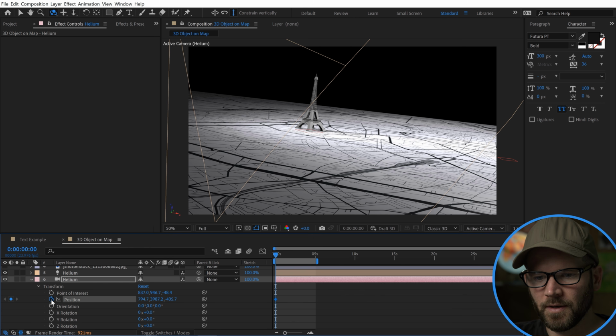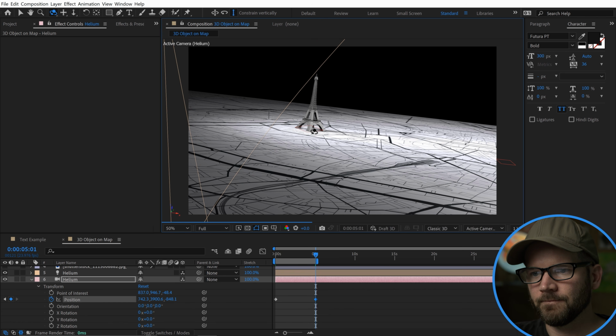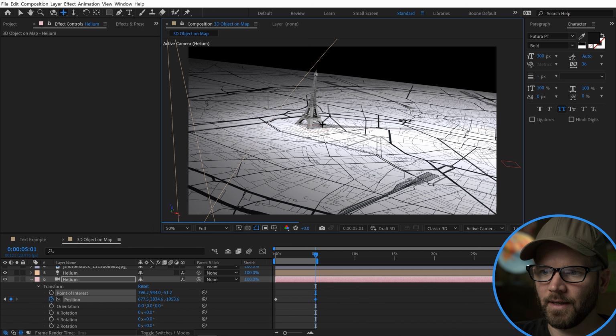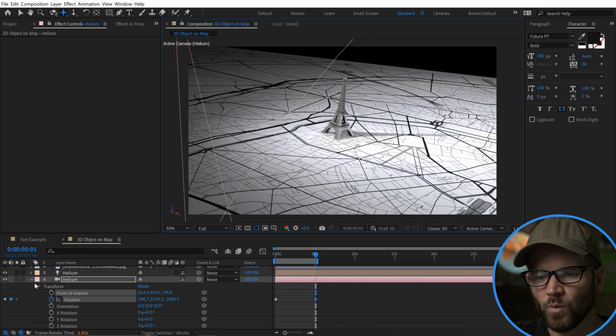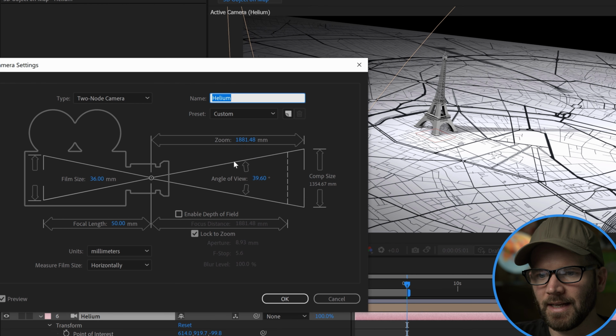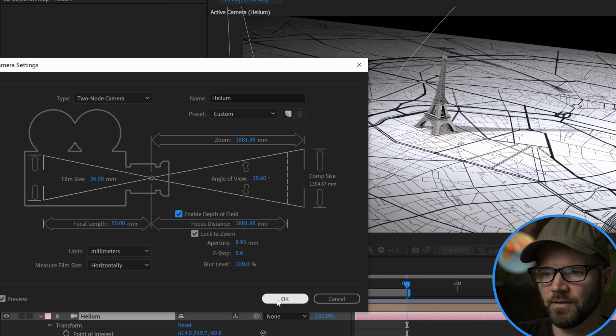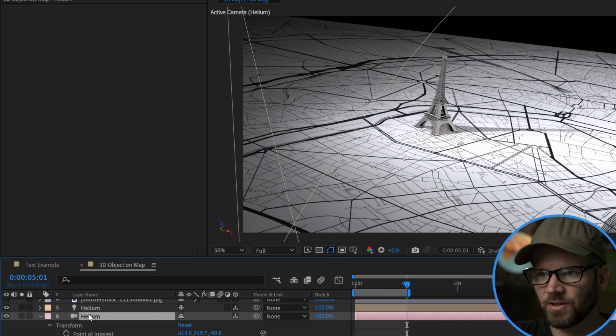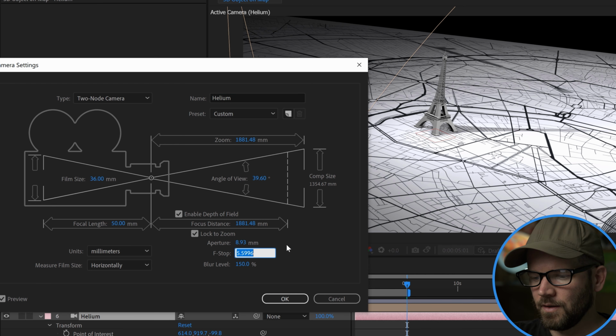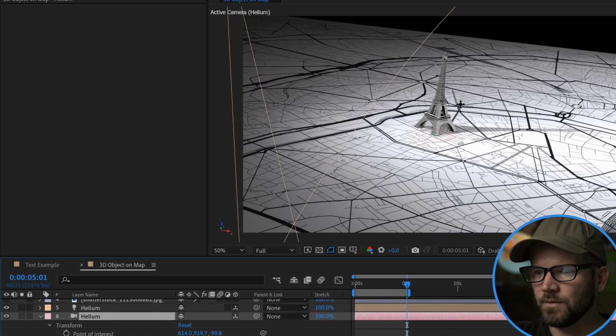That looks great. We'll go here, keyframe the position, and then at the 5-second mark, maybe it'll fly up this way. Maybe it'll just pivot down a little bit and it'll go more to the center and then fly in a little bit. And one thing that's cool about this is I can double click and now I can actually enable the depth of field, and I don't want it to lock to the zoom. Let's bring the blur up to like 150 and actually make it really low, really shallow depth